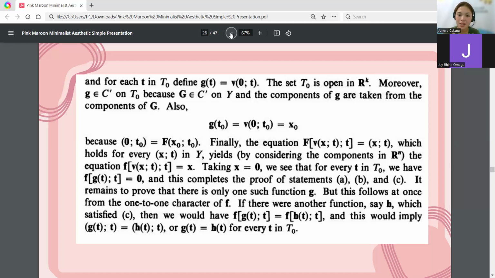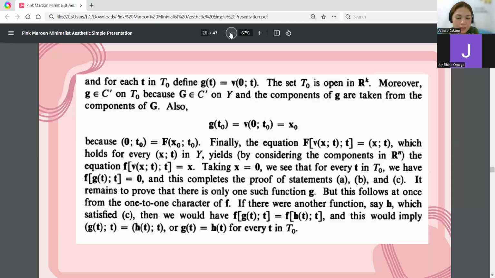Finally, the equation f(v(x, t), t) = (x, t), which holds for every (x, t) in Y, yields, by considering the components in Rⁿ,